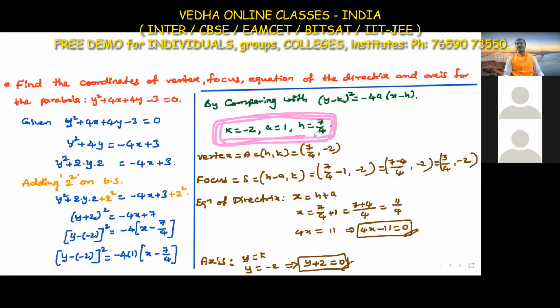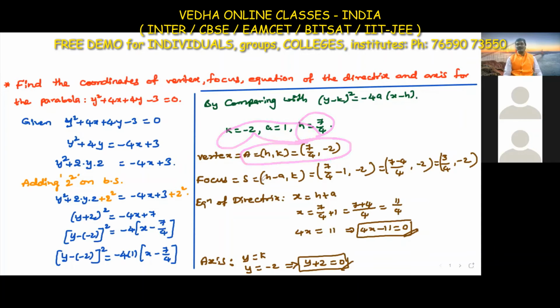After getting all these values, how do we proceed? This is the x-axis, y-axis, and the parabola. We get the equation like this, a left side open parabola. So the vertex is h comma k. The vertex is not the origin. Somewhere we get the origin as vertex, but here it is h comma k. We know the h value and the k value, so I am substituting the h and k values.